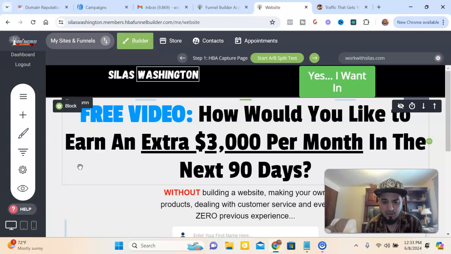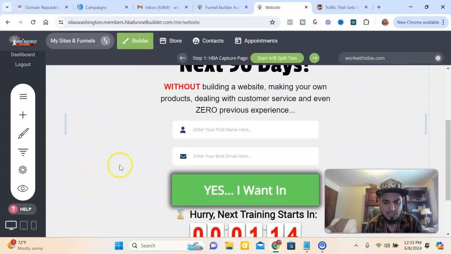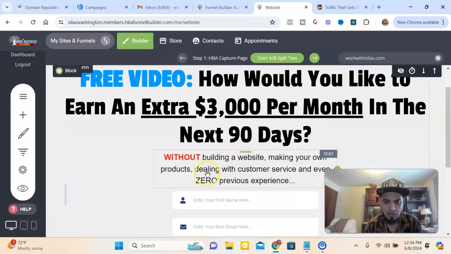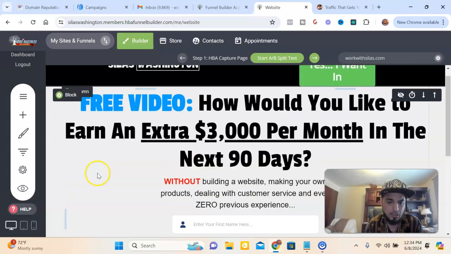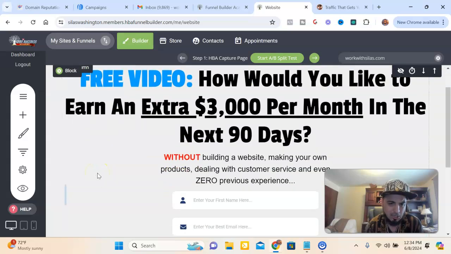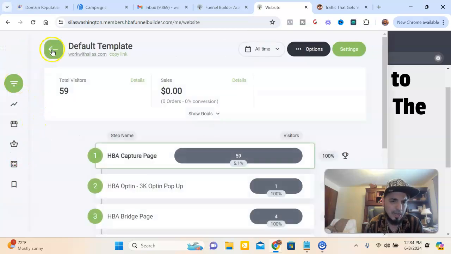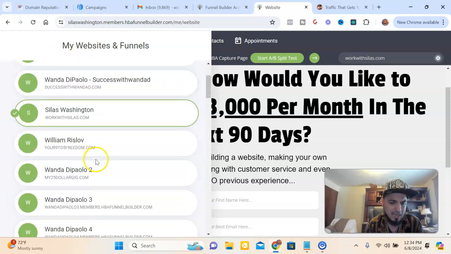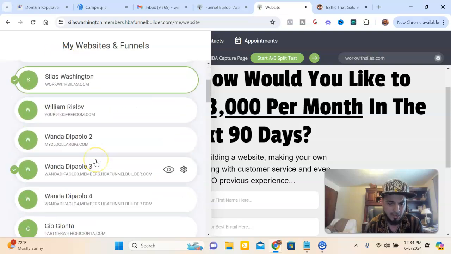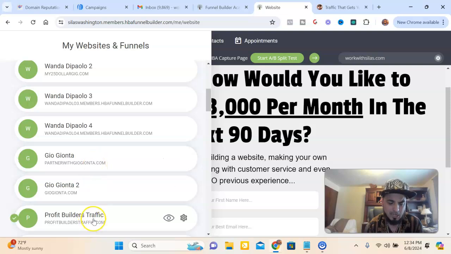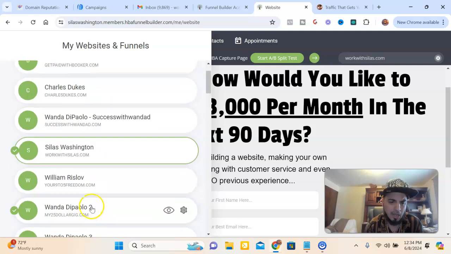the email service provider to send out your emails. Then they need a place to go, like a capture page. So here's where they would go to be able to capture the leads. This is exactly what you want in this funnel builder tool right here. It's really cool because it allows me to manage people's funnels, and I don't even need funnel access. I could manage these people's funnels. These are people that I have access to their funnel. And here's my traffic store right here. So I could toggle between people's funnels and be able to help them if they ever have any issues.